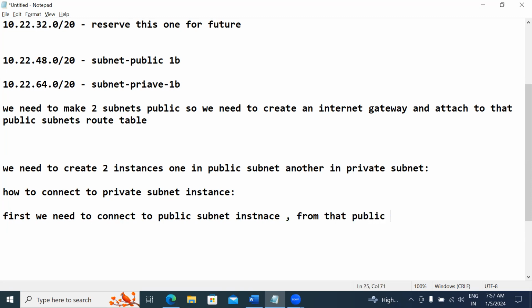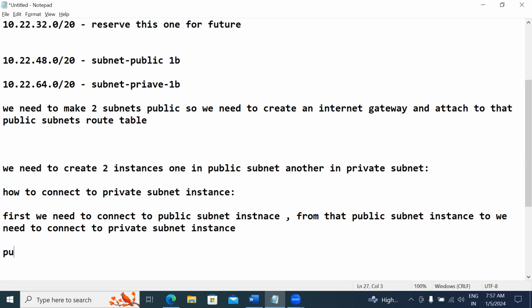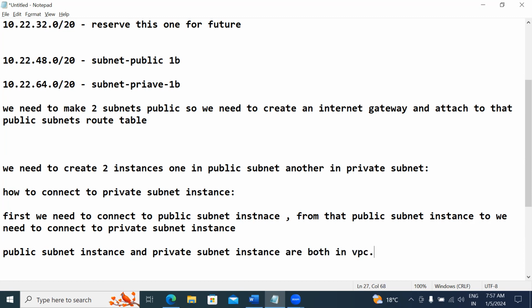From that public subnet instance, we need to connect to the private subnet instance, because the public subnet instance and the private subnet instance are both in the same VPC. Within the same VPC,